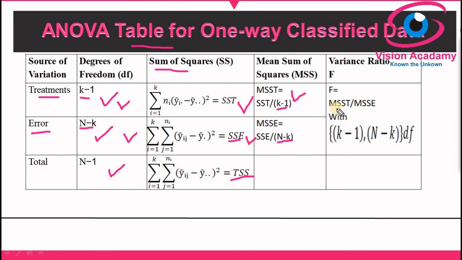After that we will get this MSST divided by MSSE, we will get F ratio. To obtain that we have the formula again. You don't need to go for the formula. You already obtained MSST and MSSE. You can consider it here only. So this data must be compared with table value. After table value you will come to a decision.